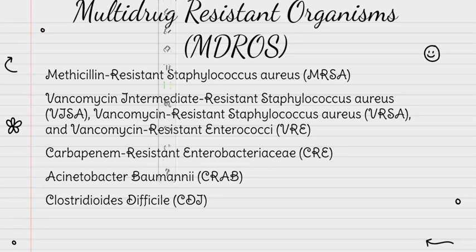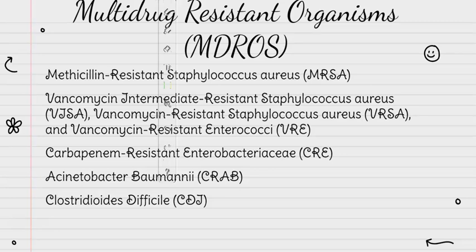The biggest thing about these multi-drug resistant organisms is they're pathogens that have developed resistance to multiple antibiotics, making them difficult to treat. When these infections are difficult to treat, patients are very, very vulnerable and suffer, and they can actually die from these types of infections. The biggest thing with